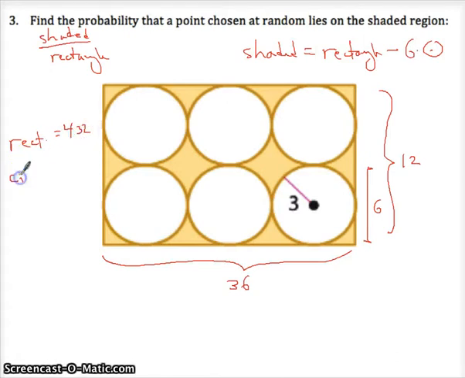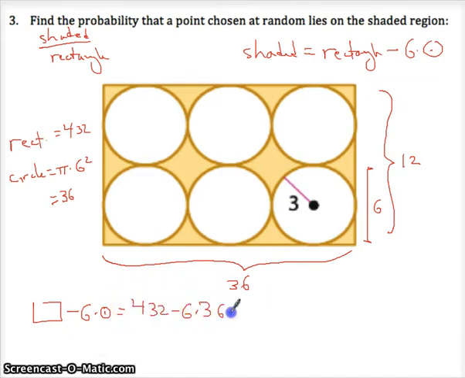Each circle, I'm kind of doing this all over the page, aren't I? Each circle is pi r squared, which is 36 pi. So rectangle minus 6 circles is going to equal 432 minus 6 times 36 pi. So that's the whole rectangle. This is the shaded area. So this fraction, this probability, is going to equal the shaded region, which is that, 432 minus,